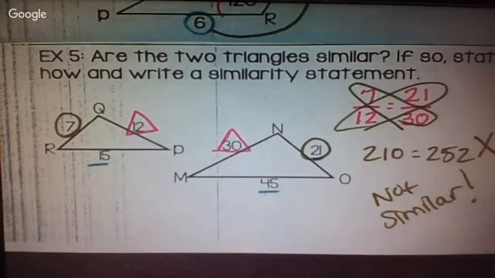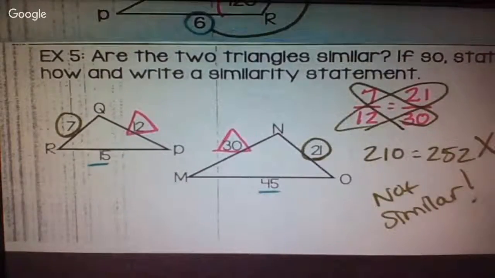Can one of them work and not the other? No, they all have to work. Oh, absolutely, one can work and they're gonna screw you like that, which is why you have to check all 3. If the first one comes out to be right, you have to check the second one. If that comes out to be right, you have to check that third one. Because I guarantee you they're gonna put something on your test where the first 2 work, and you're gonna get to that third one, and you're gonna assume it works, and you're gonna put similar, and it's wrong. That's what I swear. Okay,